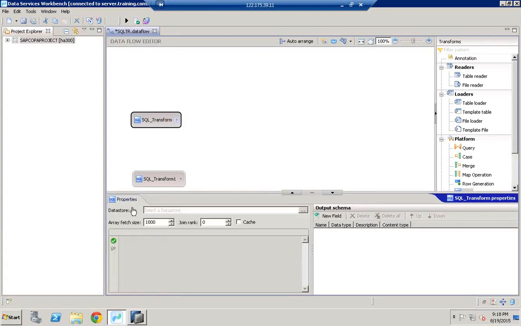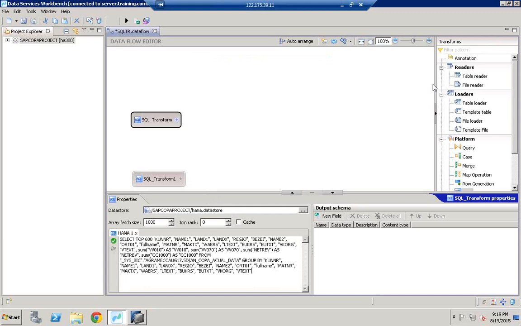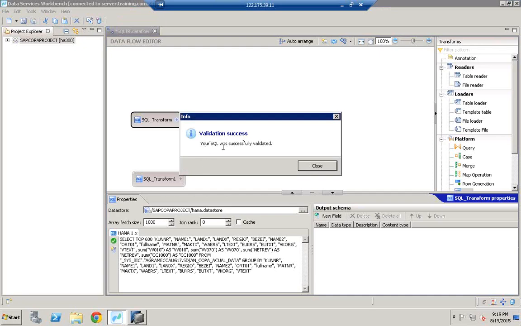Once you click on the SQL Transform, here it is asking you the data store. Click on the properties and select the data store as Hana. Double click on Hana data store and copy paste the SQL statement. Copy paste the SQL statement and click validate. Your SQL was successfully validated,